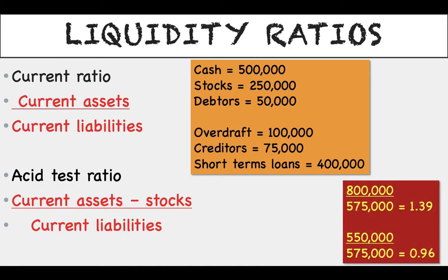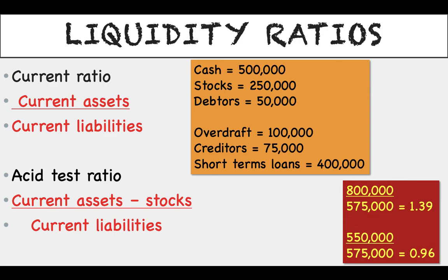Okay, so you should have got the current ratio at 1.39, and you should have got the acid test ratio at 0.96. Okay, so what does that mean? Well, basically, anything over 1 means that you're liquid, because if it's over 1, that means that your assets are greater than your liabilities, so you don't have a liquidity problem. If it's less than 1, that indicates that your current liabilities are greater than your current assets, and you do have a liquidity problem. Okay, so this business basically passes the current ratio, 1.39, but they fail the acid test